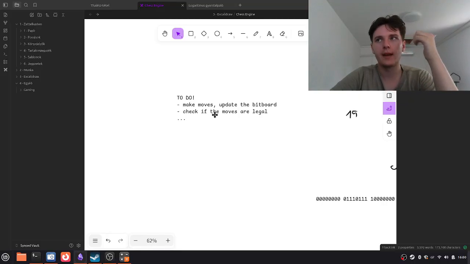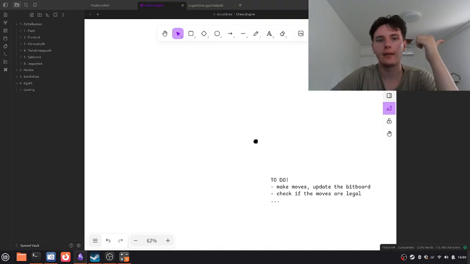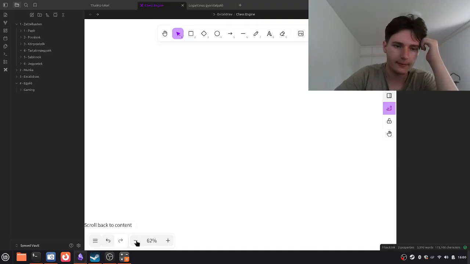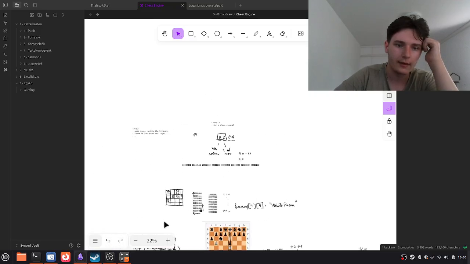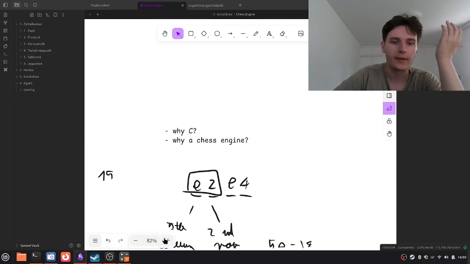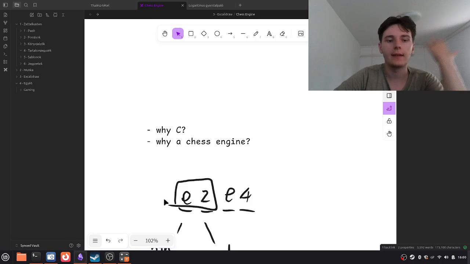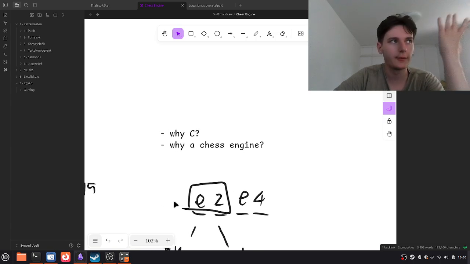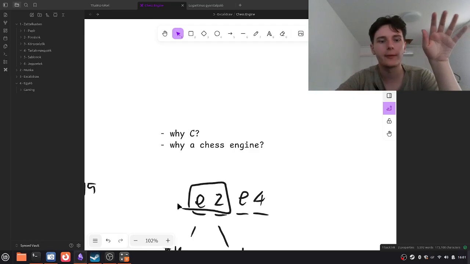Okay, and I also wanted to talk about 2 different things, if I can find them in this board. I don't think I'll find it, but basically I wrote down 2 questions for myself. Yes, here it is. Okay, first, why am I writing it in C? I think it would have been more interesting if I started with this, because it's more philosophical or something, but